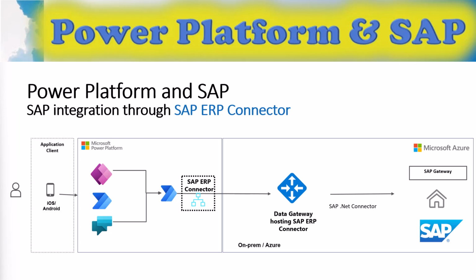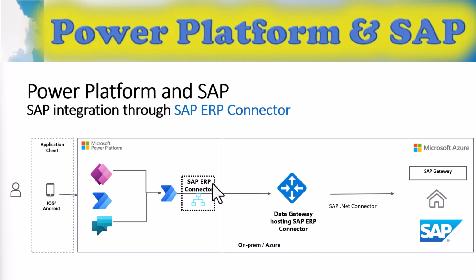So just to recap, we have our SAP system. We have it installed on a cloud appliance library in Azure. We have installed the SAP .NET connector. We have installed the on-premises data gateway, and we have connected the on-premises data gateway to our Power Platform in the internet, basically. So now what we want to do is leverage the SAP ERP Connector to